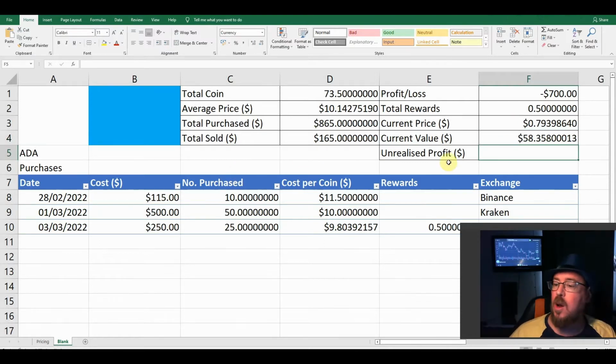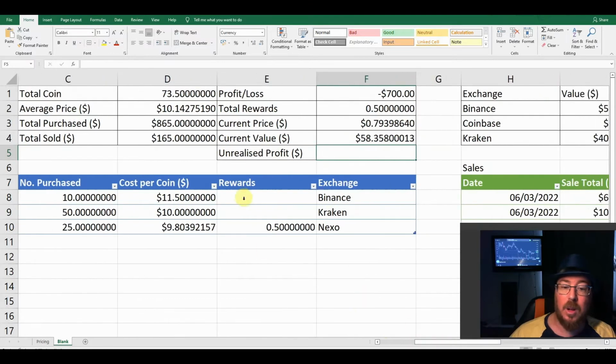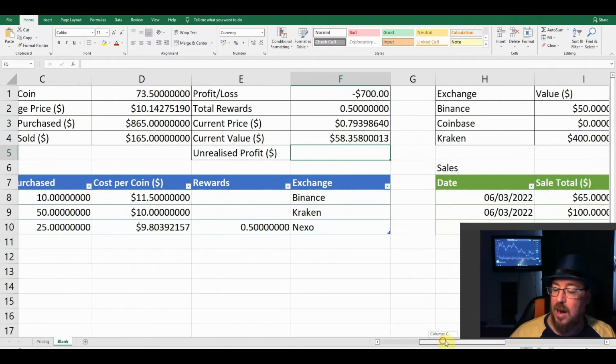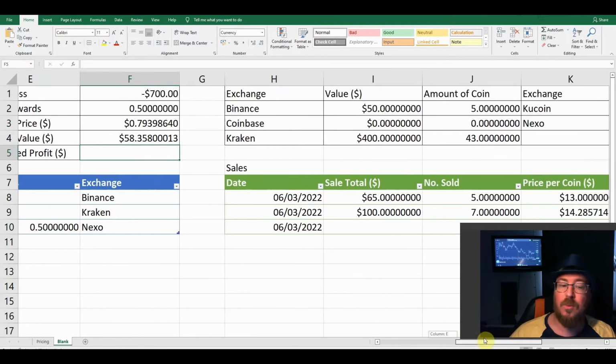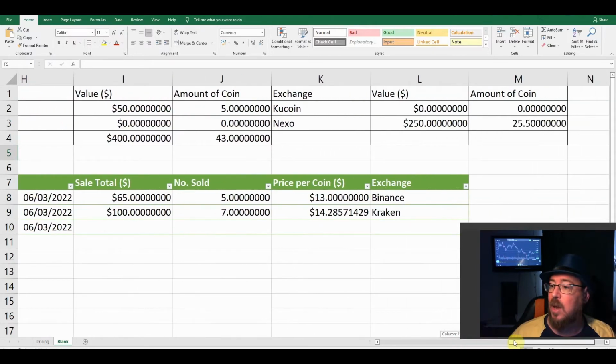And what we're left now with is the unrealized profit. The unrealized profit is going to look at the current value that we've got, and we're going to subtract any of the costs that we've already spent on this. Now I'm getting the costs directly from the actual exchanges where we're keeping the coin, and so we're going to be looking at